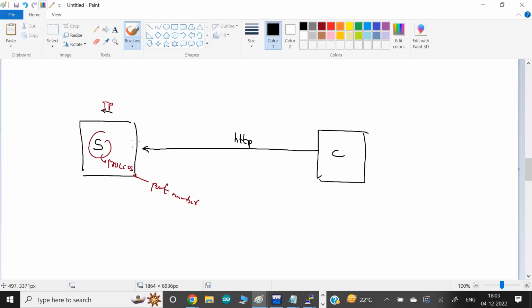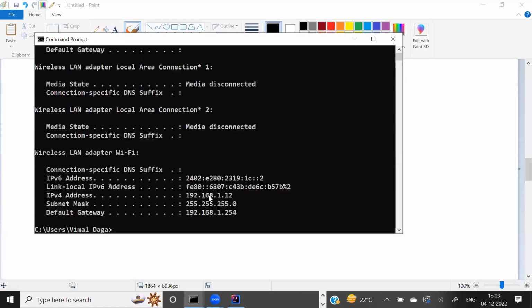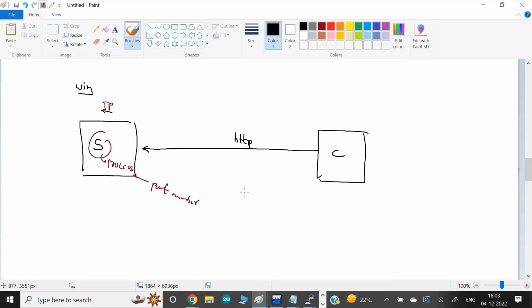In my case, the program I'm going to run here is going to run on top of Windows. So I know the IP address from Windows. I open my terminal and I can find out using ipconfig. I can know my IP, I can give it to my other system, and they can connect. It's .1.12 at the end. So the IP of my system is 192.168.1.12. Okay. But for this process that I'm going to run, I need a port number. With a port number, how can I connect to the outside world?